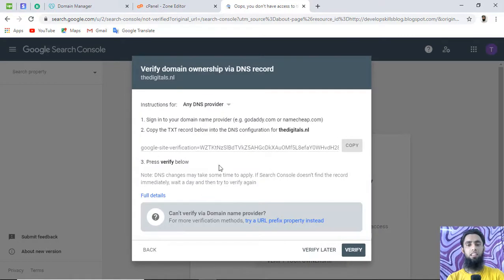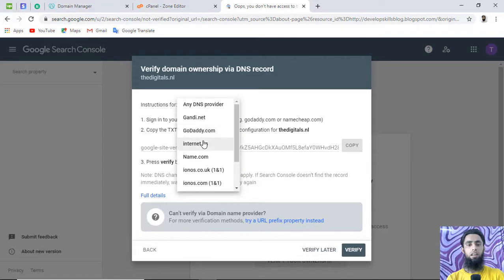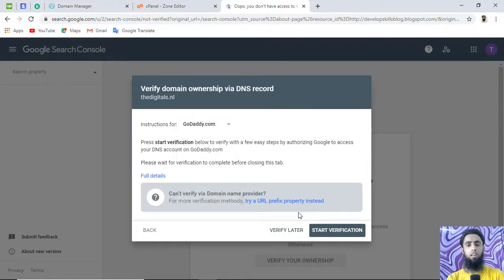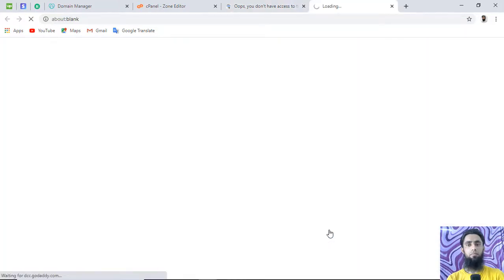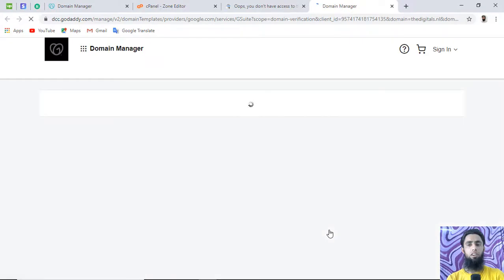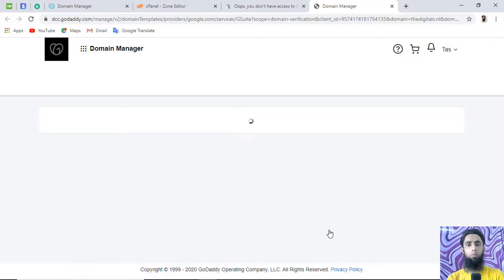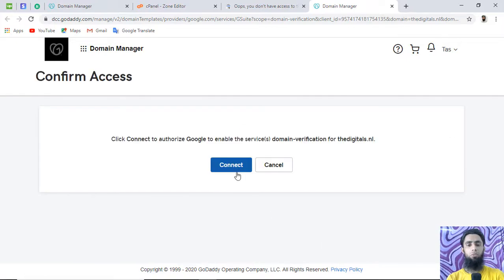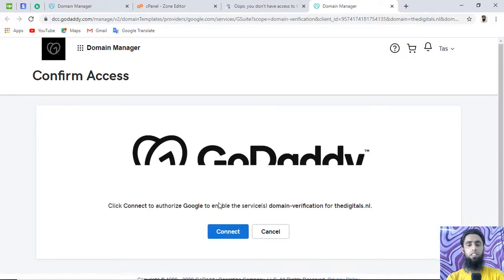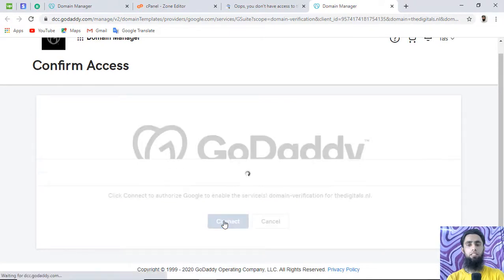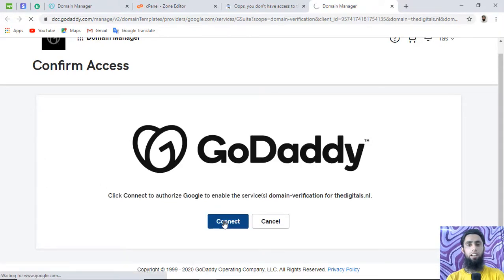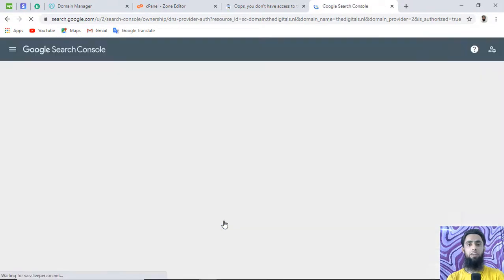then you will get this screen, and you already know that we have godaddy.com. One way is that we need to click on start verification, and if we have already logged into our GoDaddy domain, then it will automatically connect to that domain, and we will get a small button here. Yeah, this one. So we need to click on connect, and this will try to identify that one.